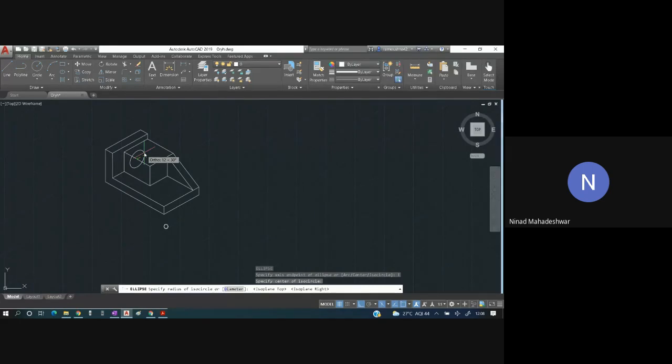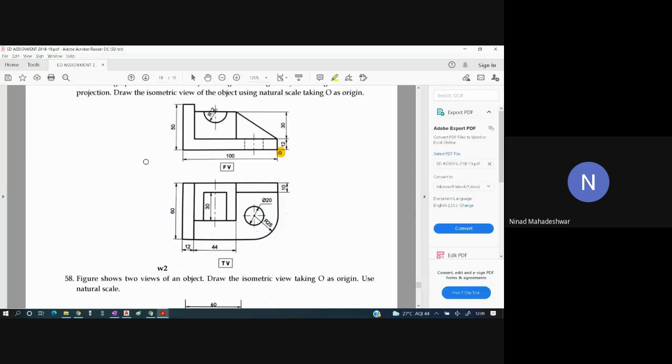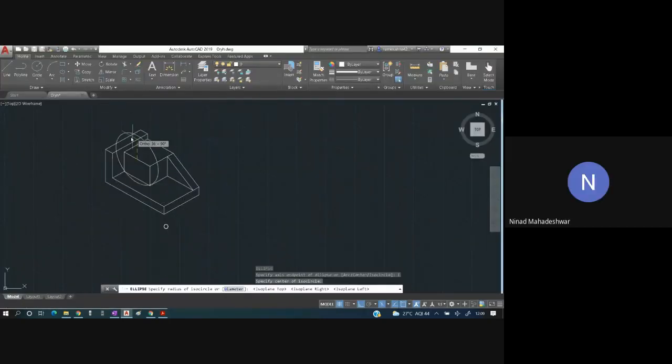Okay, so what we need is the XZ plane, so I will press F5. Now this becomes a proper plane on which we are going to draw. There are three options you will get, so we have to select the option accordingly. Everybody has got this? Okay, how much is the diameter or the radius? Radius is given to you. How much is that? That is 12.